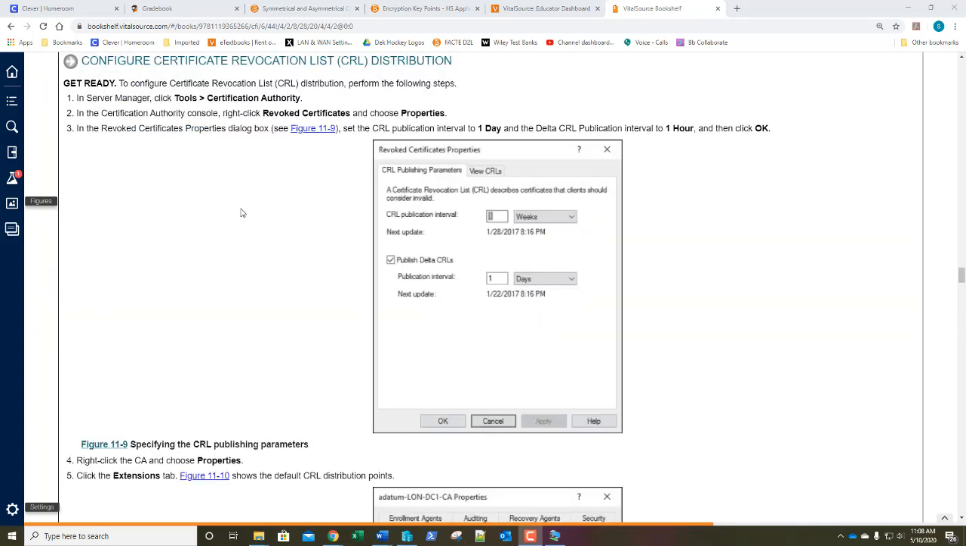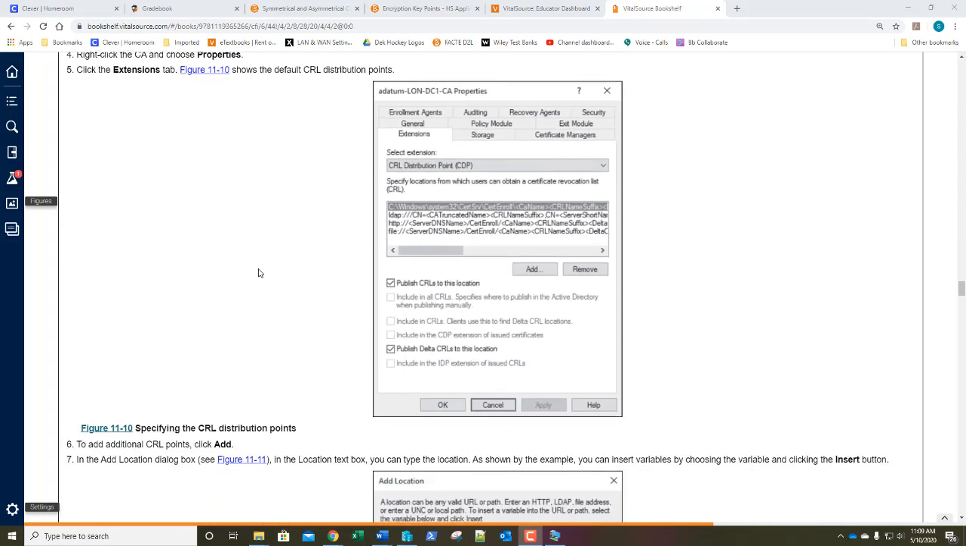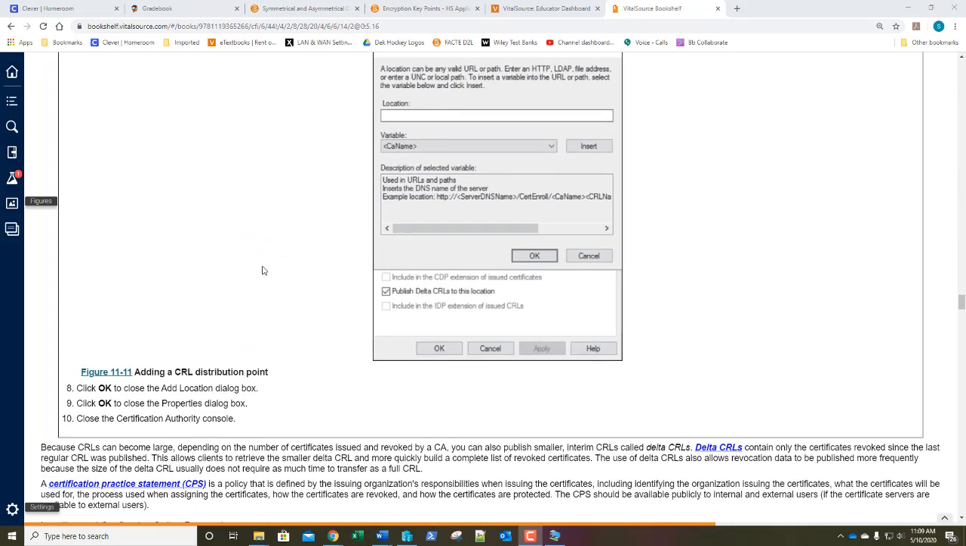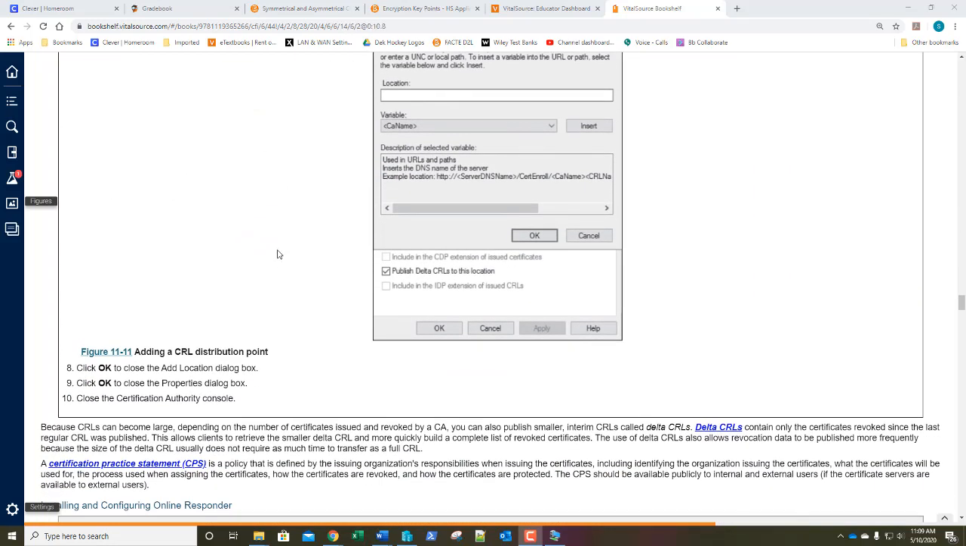It's as simple as going to your certification authority, expanding your server name, right-clicking on Revoke Certificates, and going to Properties. You can then determine how often that revocation list gets published. We can also specify how often what's called a Delta CRL gets published. What's a Delta CRL? A Delta CRL contains only the certificates that have been revoked since the last regular CRL